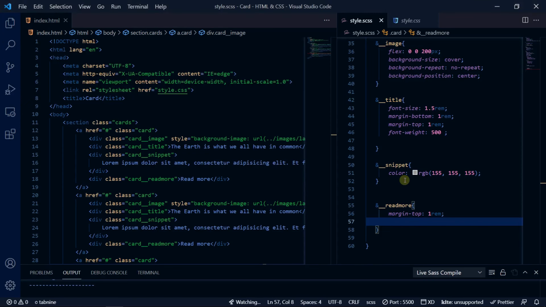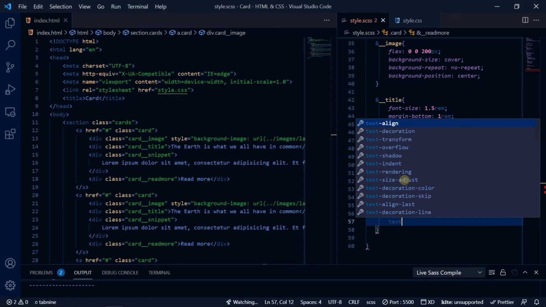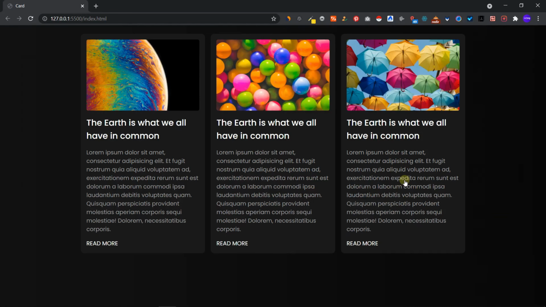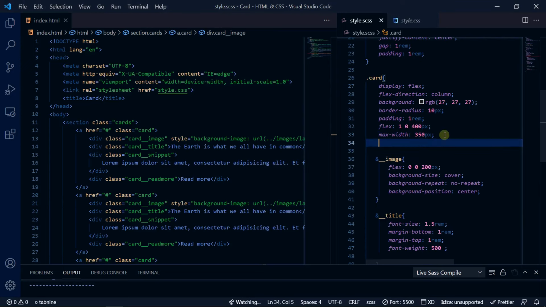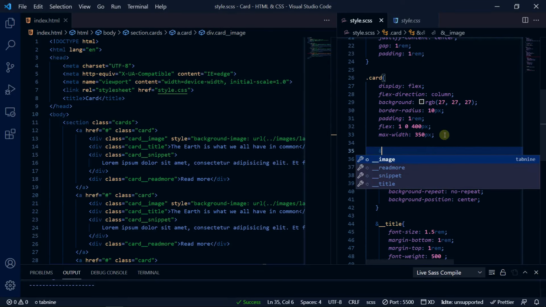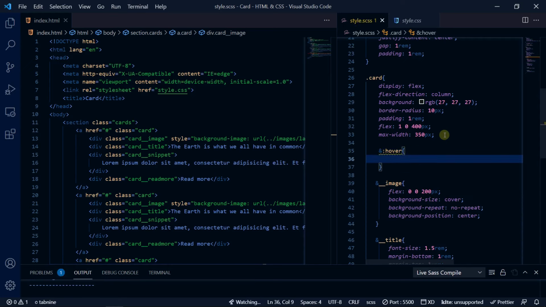And also let's make text transform uppercase, and I guess this is good here, and the font is also good. So what we should do now is, okay guys, this was our card, but we also have to animate it while we hover over it. So let's go to this card, and just below it let's use this hover, and